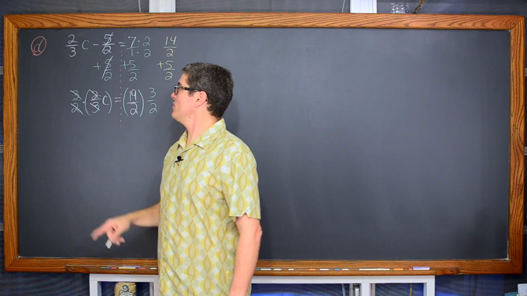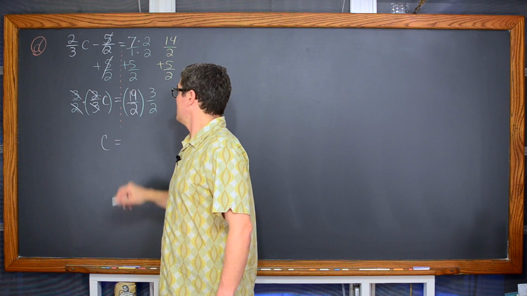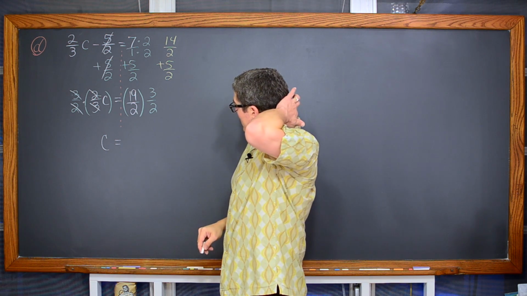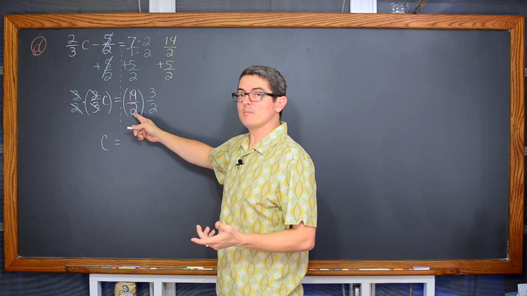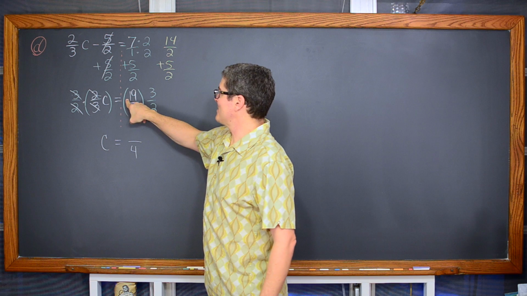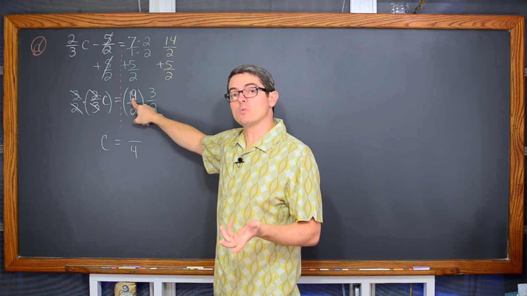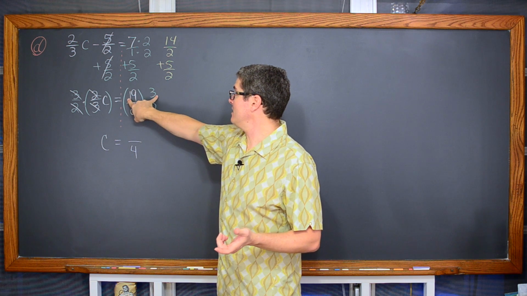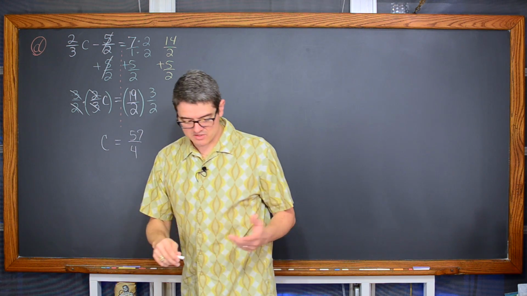These factors of 2 in the numerator and denominator are going to cancel out, leaving you with 1c is equal to, well, you almost kind of thought that these 2's were going to cancel, but they are both in the denominator. So 2 times 2 in the denominator is 4, and 3 times 10 is 30, and 3 times 9 is 27. So 30 and 27 make 57. And that's going to be our final answer.